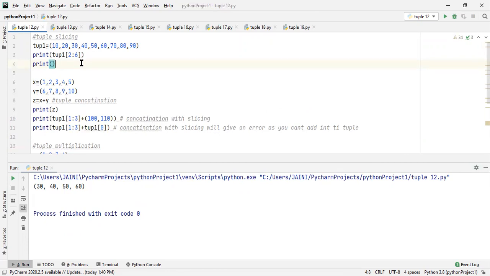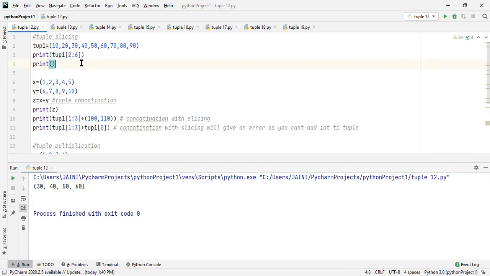Tuple operators, when used with tuples, that is the plus operator, require that both the operands are tuples. Even the multiplication operator requires one operand to be an integer and one operand to be a tuple. If the resulting index is out of range, then we get an index error exception.